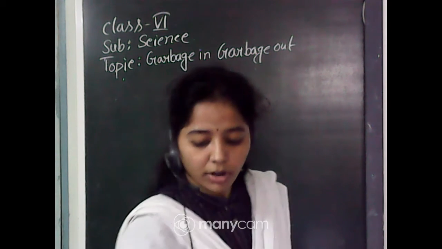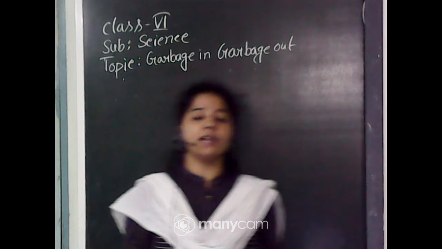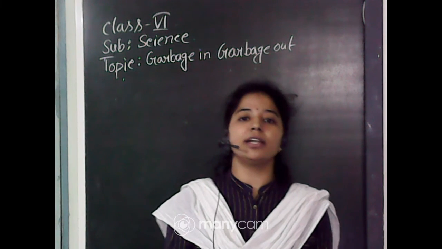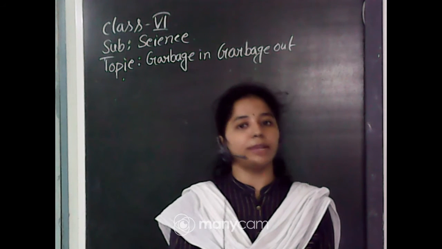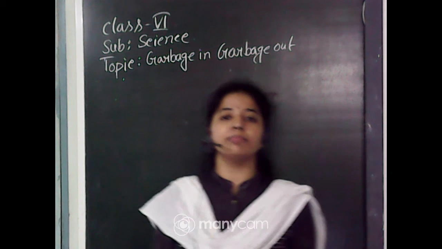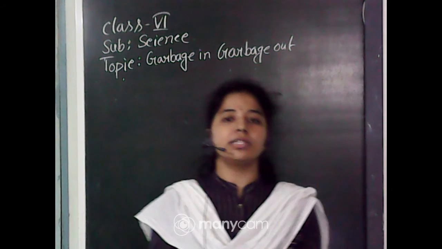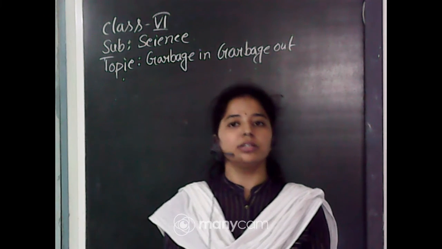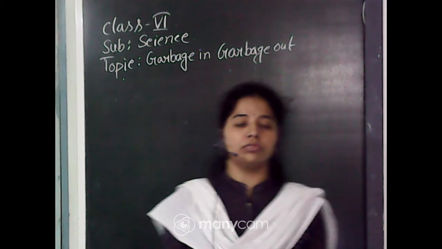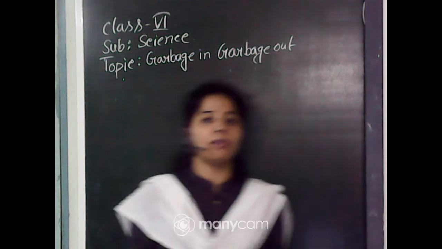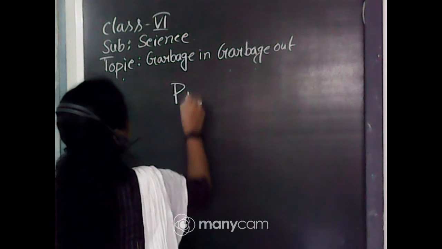As we have already learned, vermicomposting is done by two methods. One is the pit method, another is the bed method. The bed method is more efficient, but in your book the pit method is there. There are some drawbacks of the pit method, such as waterlogging problems, and other problems are also there. But here I will only discuss the pit method of vermicomposting. Okay, so in the pit method,